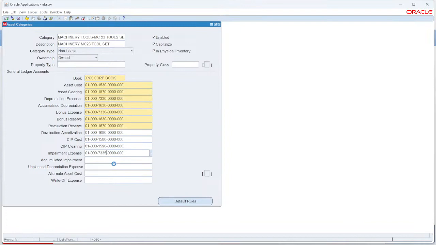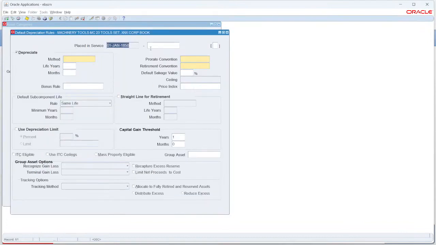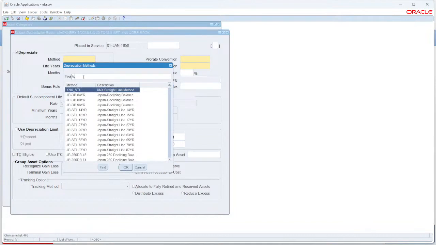I'm providing the same. And accumulated impairment, I'll provide 635. And default, I will select the method XNX,